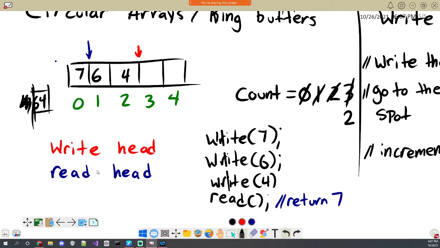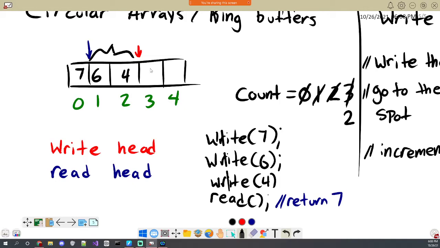and 4. And this is more beneficial than just storing things at the first position and copying things over, because again, we're just going to overwrite things and we don't need to copy anything. We just move these pointers along. So our relevant array is just always going to be the numbers between the read head and the write head, where the write head is always at the end of the array and the read head is always at the beginning of the array, and it's going to just move along as it goes.